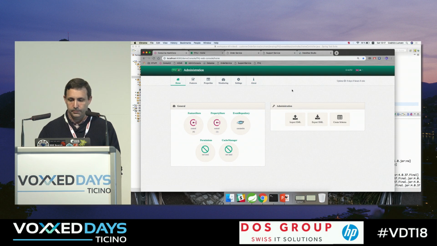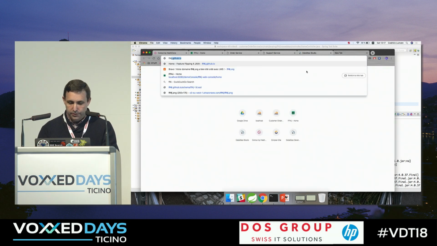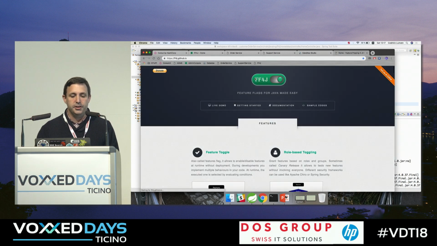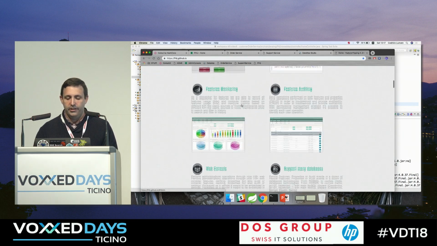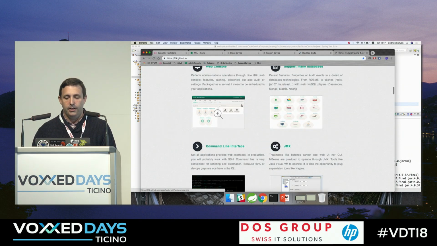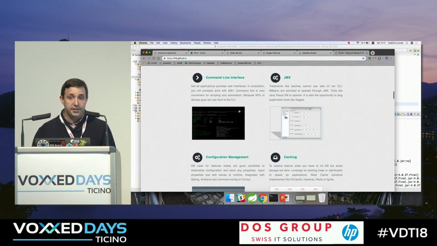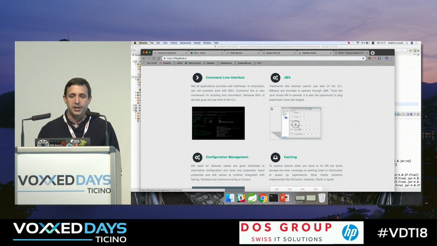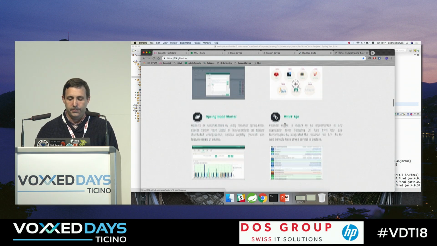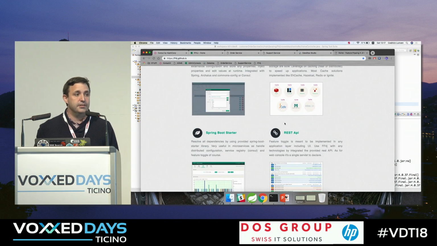Good. And of course, Cassandra is a really good fit for this kind of UI. So if you want to give it a try, go to ff4j.github.io because we provide much more than just the monitoring. We can provide, for instance, a command line interface because not all applications use a web UI, JMX, and caching because you do not want to access the database each time you want to test the features.